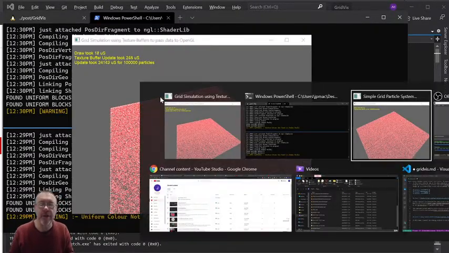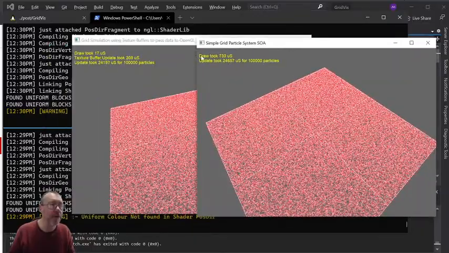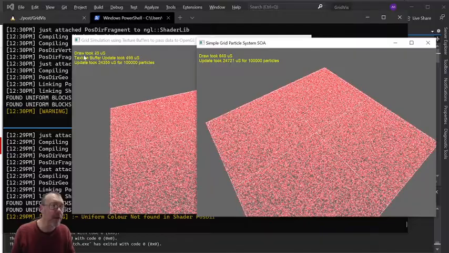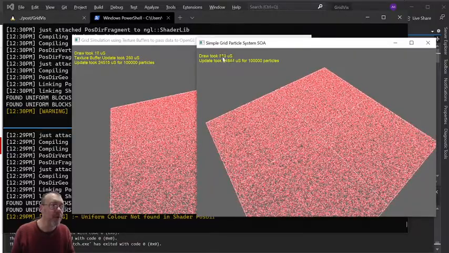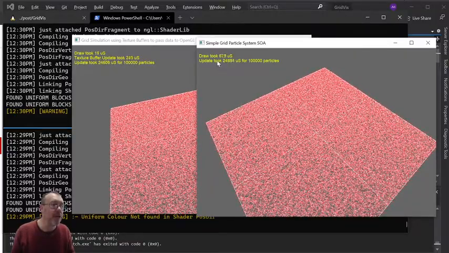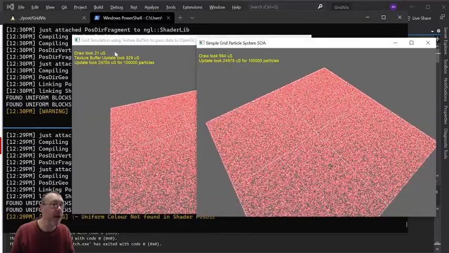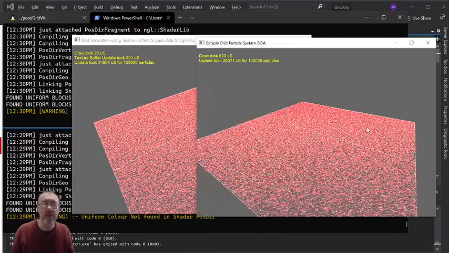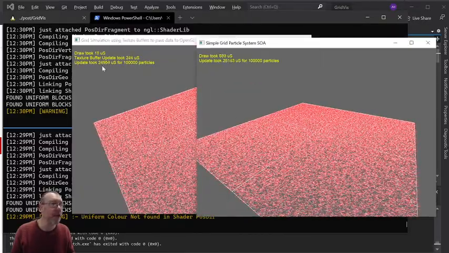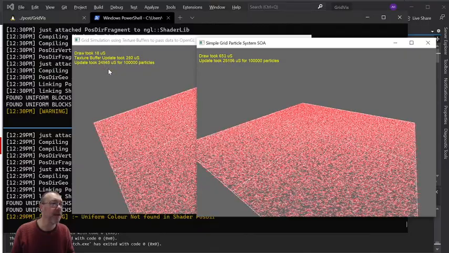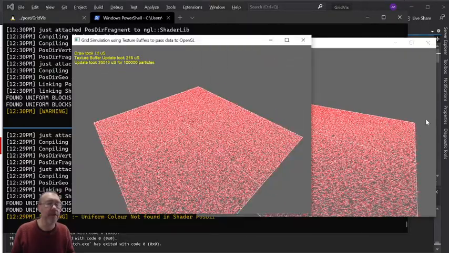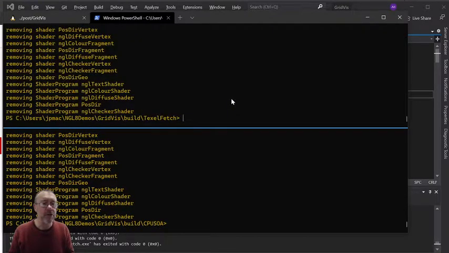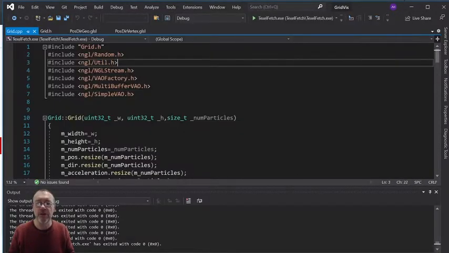my simulation is split into two parts. So I've got a buffer update which is taking about 300 microseconds plus this draw which is 20 microseconds, which is still much faster than this combined total of the data. So this is doing a lot more work now. You can also see that my update is slightly less, and again we'll talk about that because I've slightly restructured the code as well. So this version is the Textual Fetch version, and